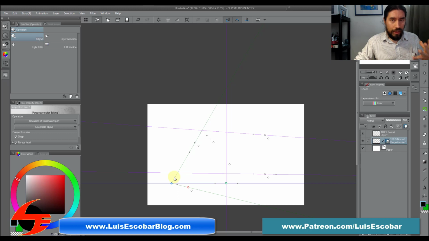But for now, I'm just going to say this: by clicking the diamond, you turn off the vanishing point, or you can turn it back on by clicking it again. Okay? I will explain why this is important, why this works the way it does. So I'm going to move this out of the way. Okay, and then the other thing I'm going to do is show you something that I find